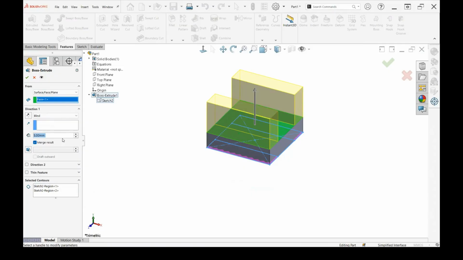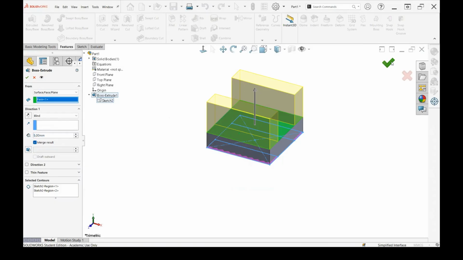A common mistake that I've seen a lot of people make is deselecting this merge result. If that was not selected, then these three features would not be the same body at the end of it and lead to some fun geometry issues.